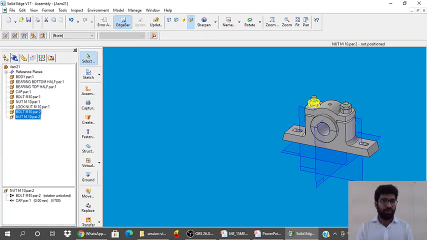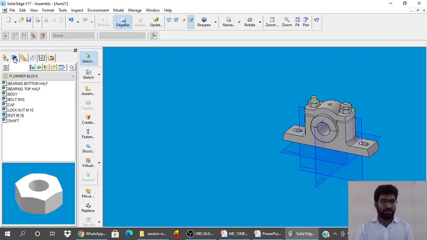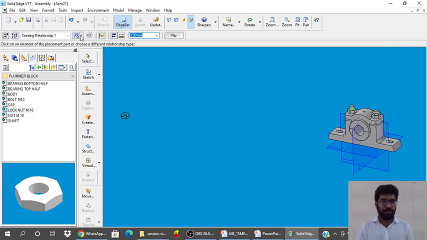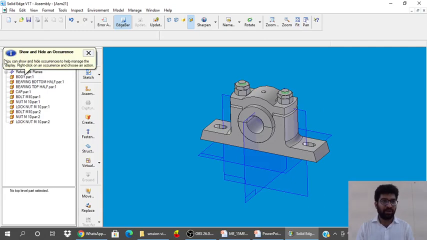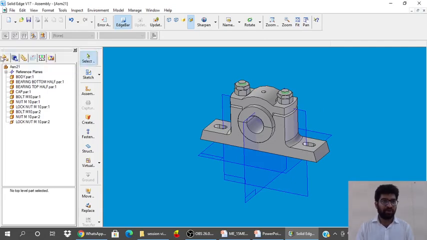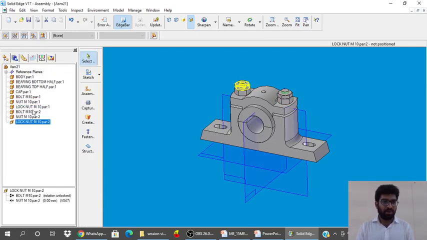Come out of the command, go to assembly pathfinder, lock this rotation. Next is lock nut, double click, axial align this inner portion with this one. Second relationship is mate, top of this nut and top of this nut. Come out of the command, go to assembly pathfinder, click on the lock nut, lock this rotation, say OK.